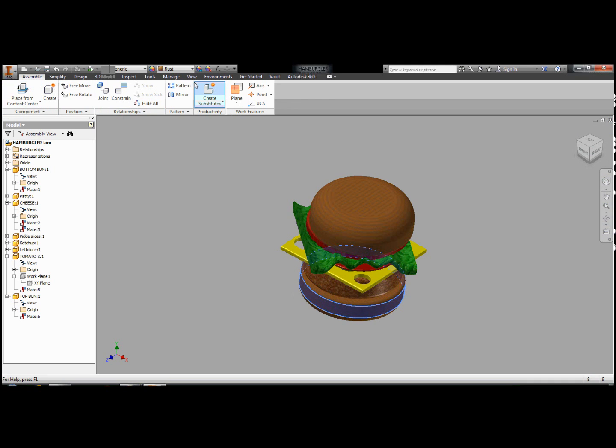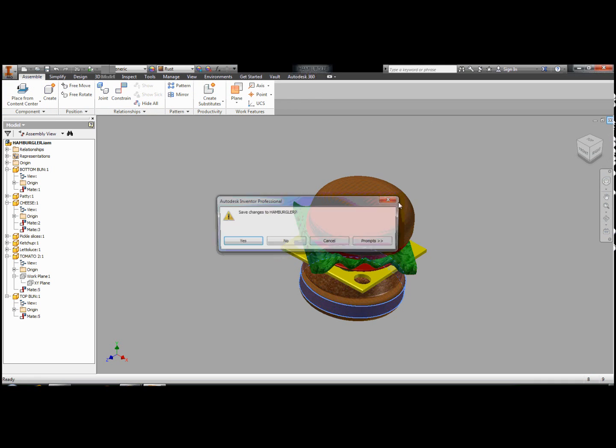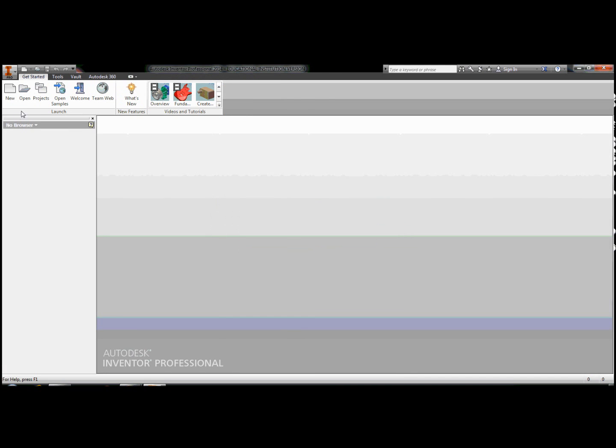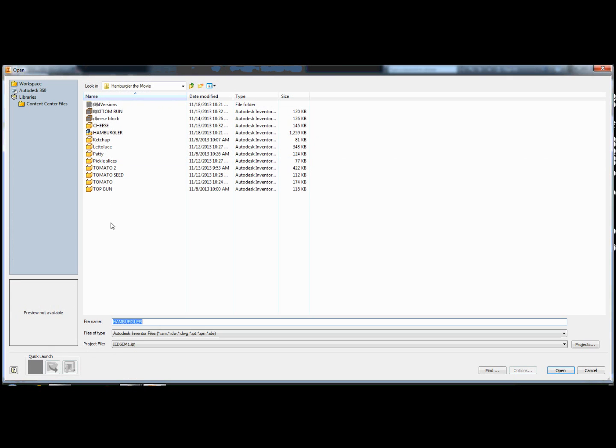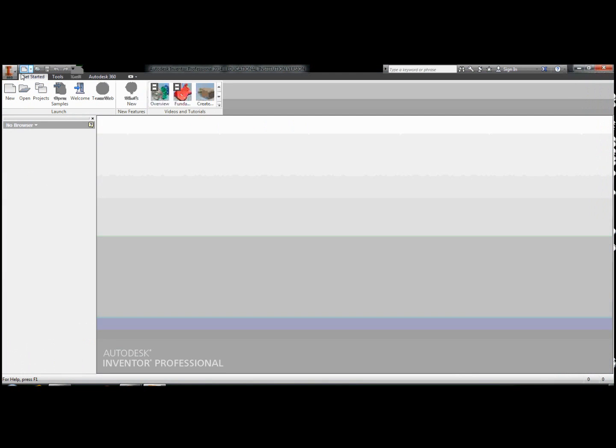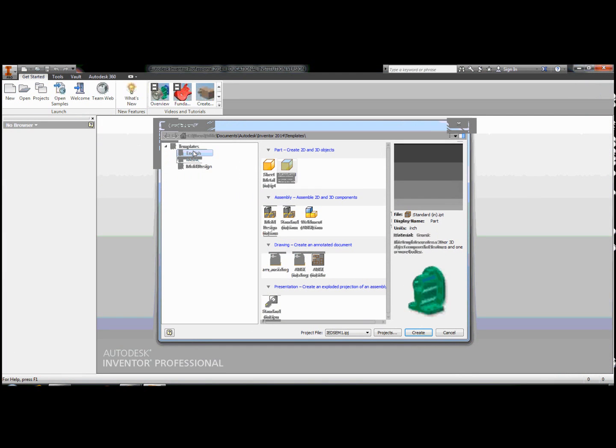Now today we are going to be making the part that I selected, the bottom bun. Is it new? And you're always going to make sure you go to English. Going to English is extremely important. If you don't go to English, you won't be able to have a standard measurement, which in this case is inches. Alright, and from here, the first thing you'll always want to do whenever you open up a new document